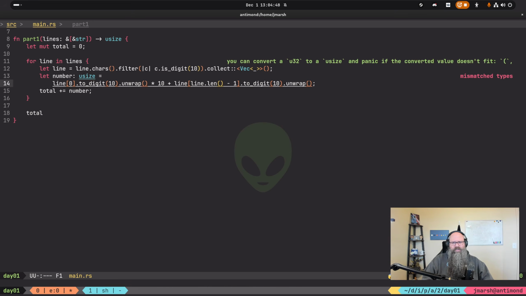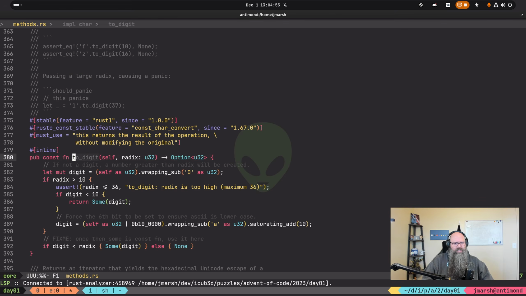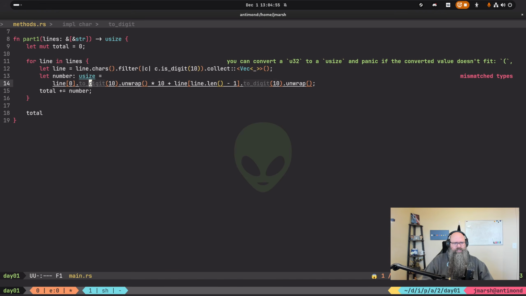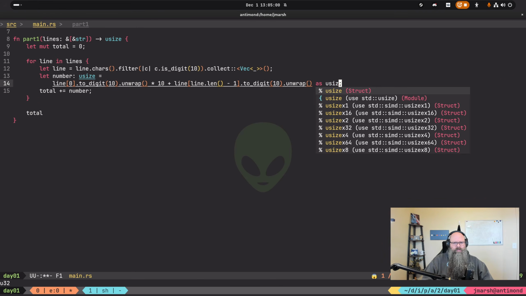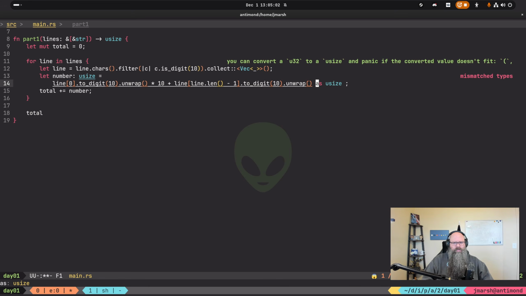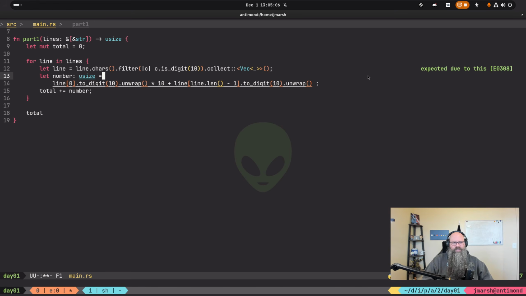What doesn't it like? Cannot convert u32. Does to_digit allow you to? Oh, it's always a u32. I could do this, or I could just return a u32.